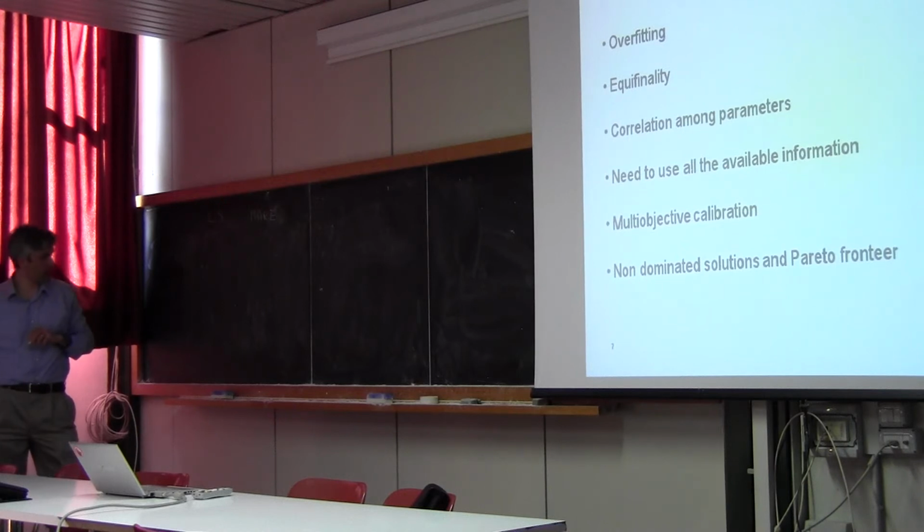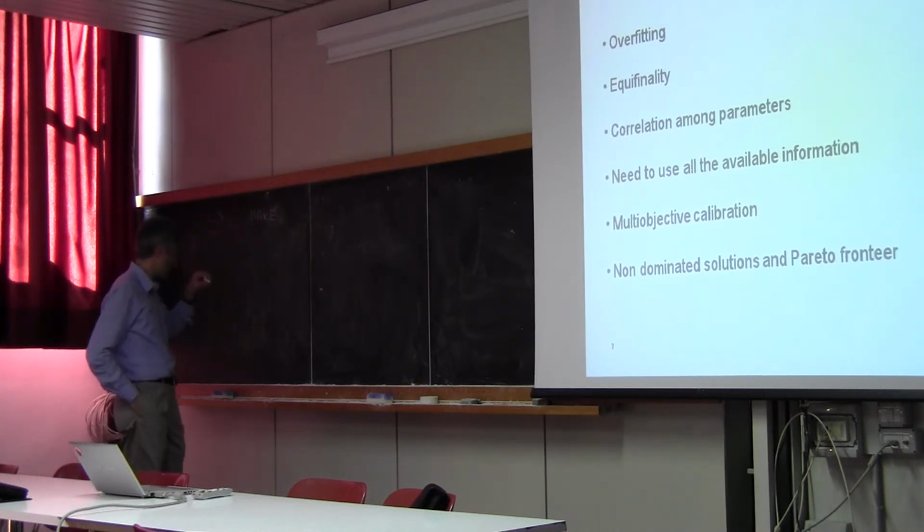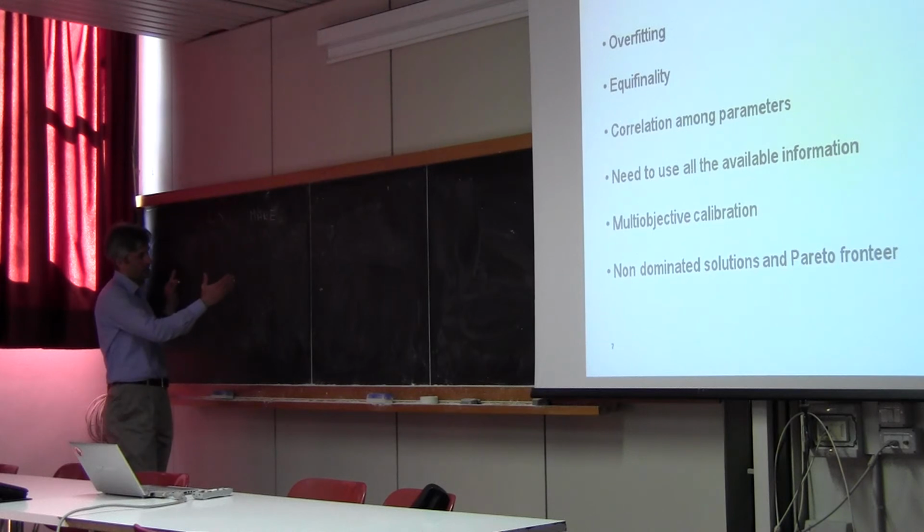And a possibility to select the parameter vectors that are best with respect to these two objective functions is to draw a graph